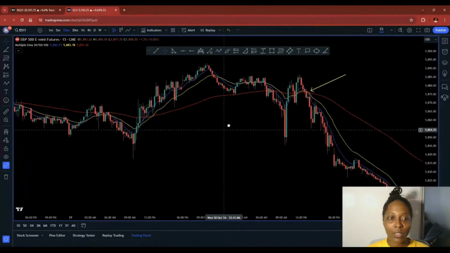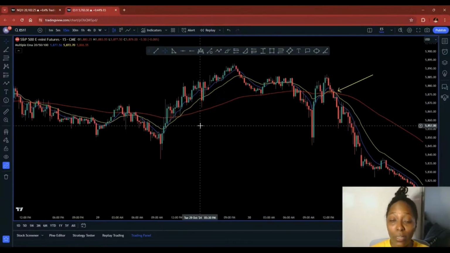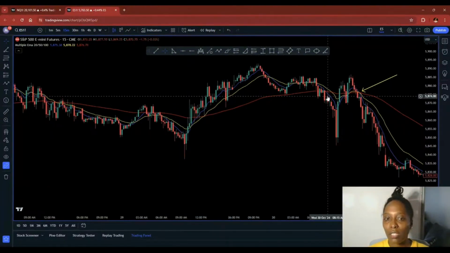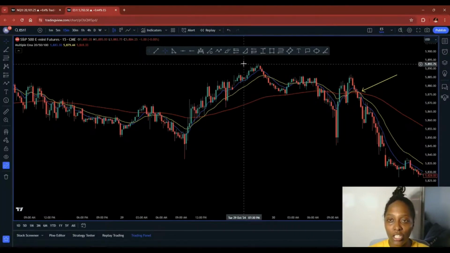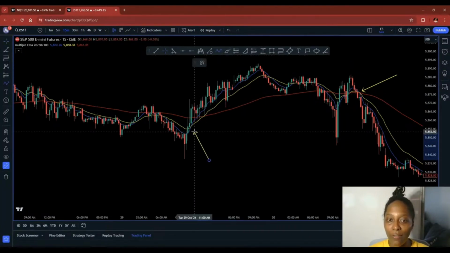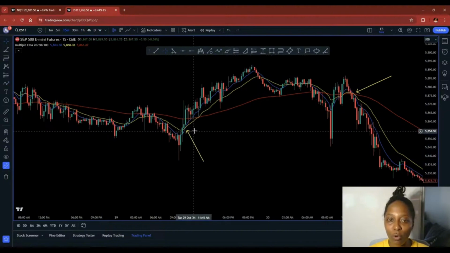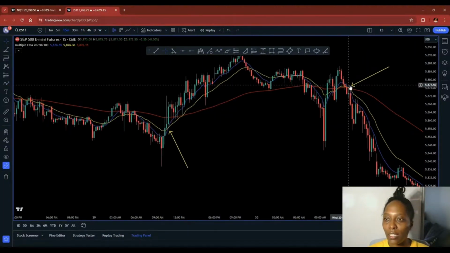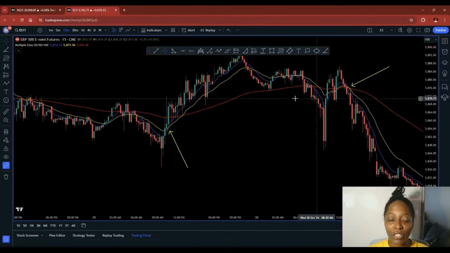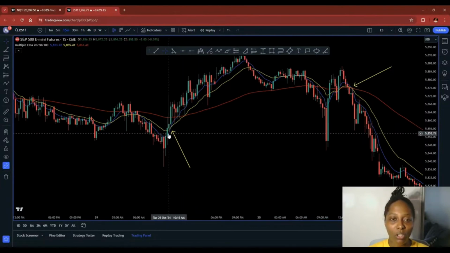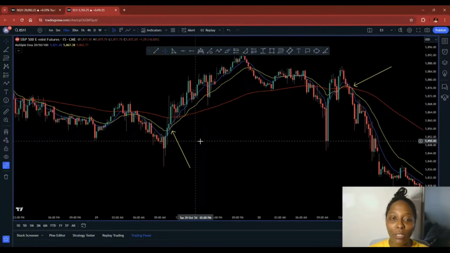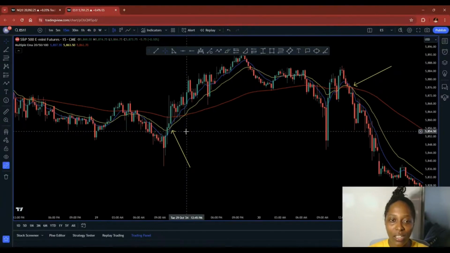All right. So how it's used in the uptrend is if the smaller crosses up and above the larger, that is a sign of bullish momentum or a bullish trend. The smaller crossing under the larger is an indication of bearish momentum or a bearish trend. The smaller crossing up above the larger is an indication of bullish momentum or a bullish trend. So as you can see here,